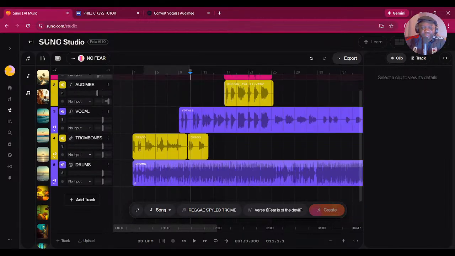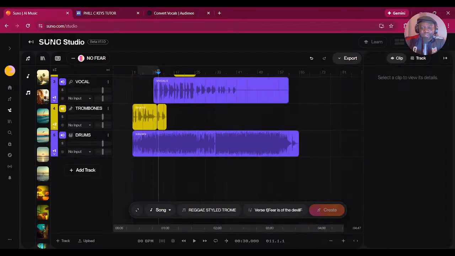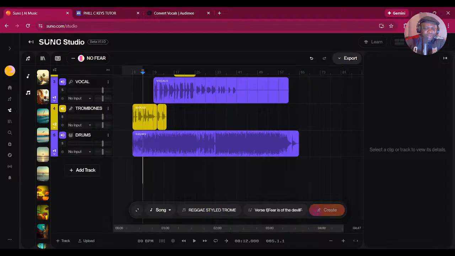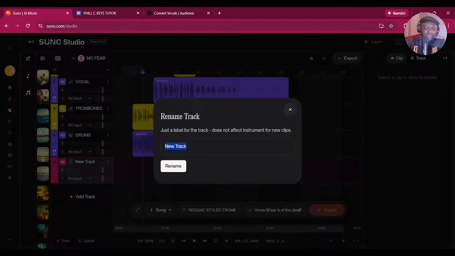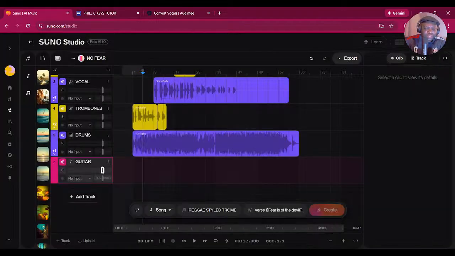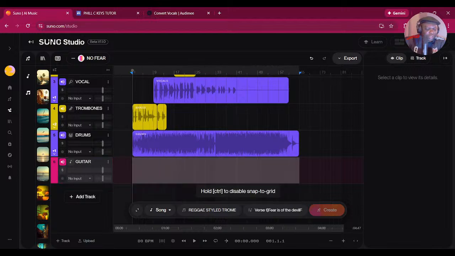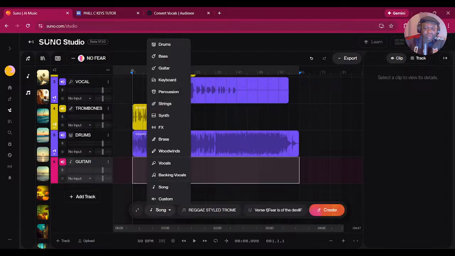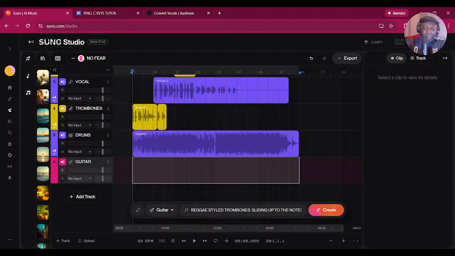We got our trombones. I don't want to compromise the guitar, so we are going to add another track. Add track. And this is going to be guitar. And we're going to get it to start from the beginning. And hit song, guitar.